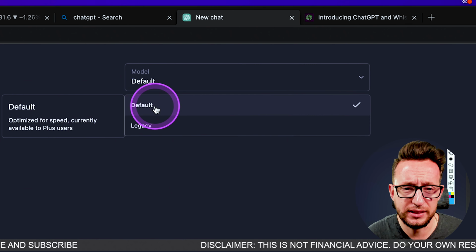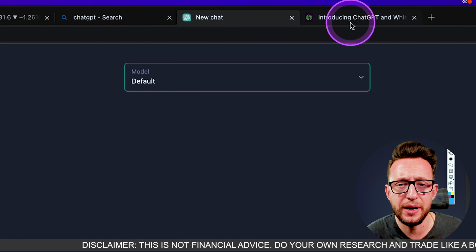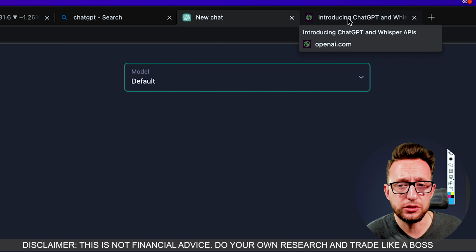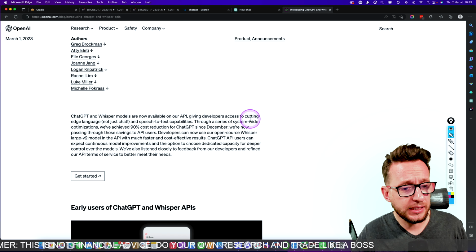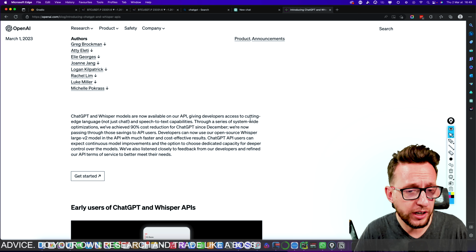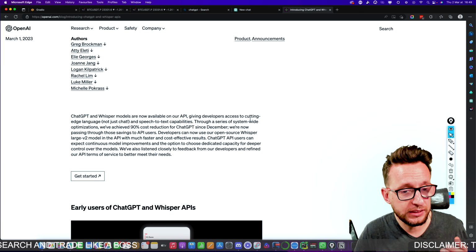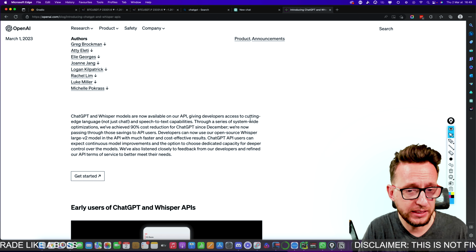This one here is default, and there's the legacy version, but I've been using the default and it seems a lot better than the old one at building trading strategies. So my idea is, I've been in Discord quite a lot using ChatGPT to develop a couple of trading strategies, and one of my questions is how do I get around all of the bugs that ChatGPT makes when coding